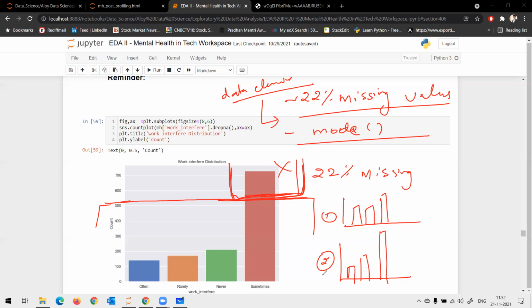Option 1 or option 2? Option 2, right? Because you know the maximum behavior of the crowd. So you can replace the missing values.